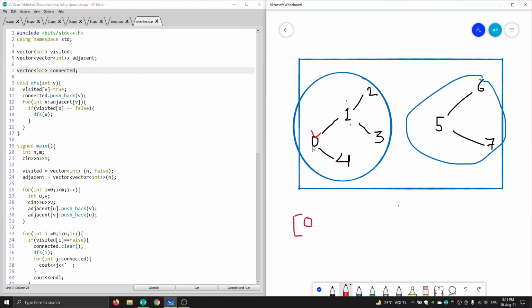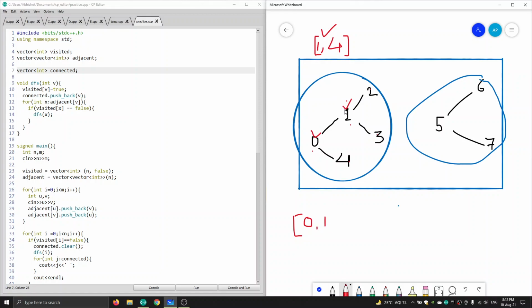Then we are applying DFS, so we are going to every adjacent node of 0. Let's say the adjacent vector of 0 contains 1 and 4. So now we will go to 1 and mark this also as visited. So this connected vector will also contain 1.